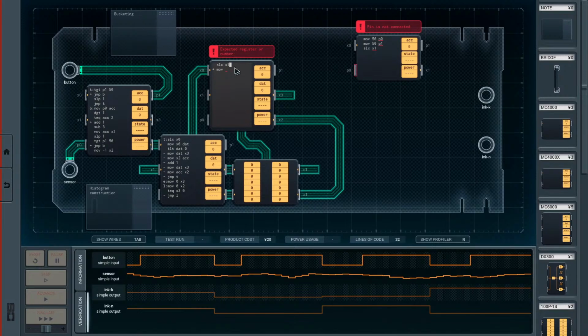Oh, incidentally, let's wire that up to X1 because I'm going to need X0 for something else. There we go. Right. So what we do then is we read X3 into DAT. If that's greater than ACK, then MOV DAT ACK. So there essentially we accumulate in the accumulator